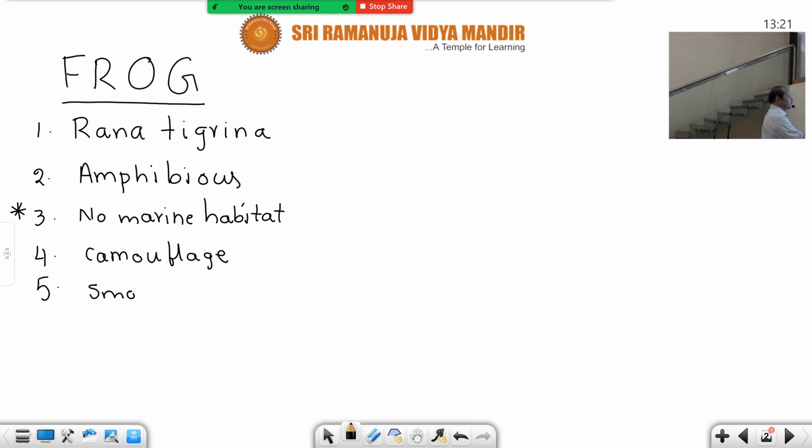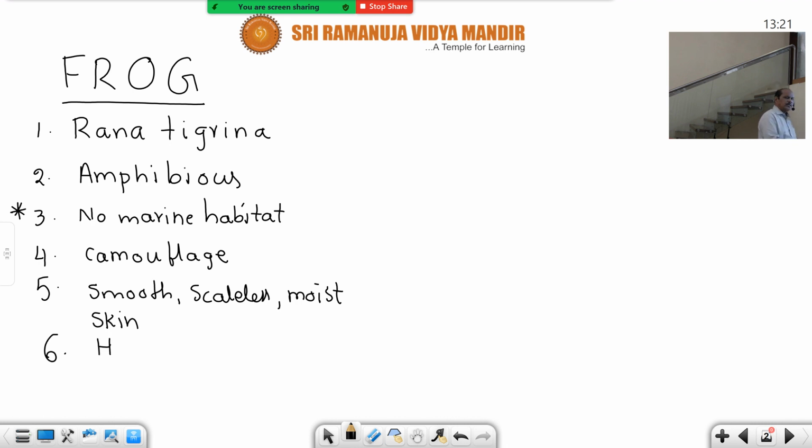And the skin is scaleless, smooth, moist. Moist skin, slippery or slimy skin, is always kept moist because of slime glands present in the skin. Smooth, scaleless and moist skin is a unique feature of all amphibians, not only frogs. And this